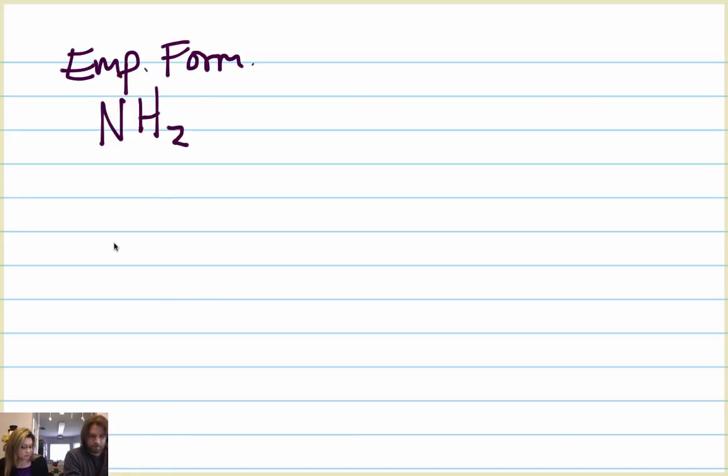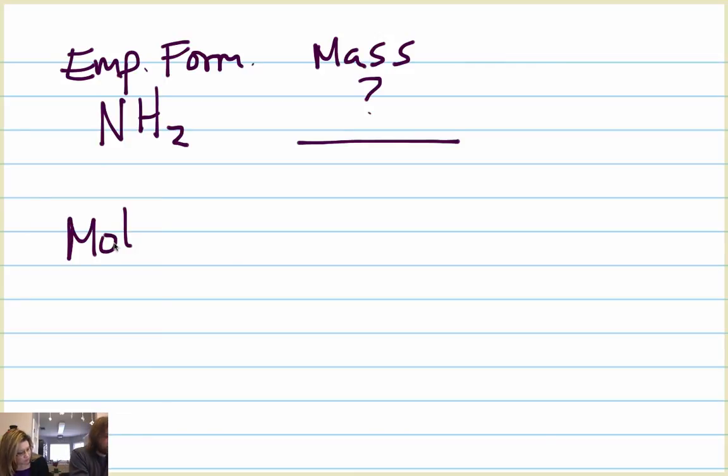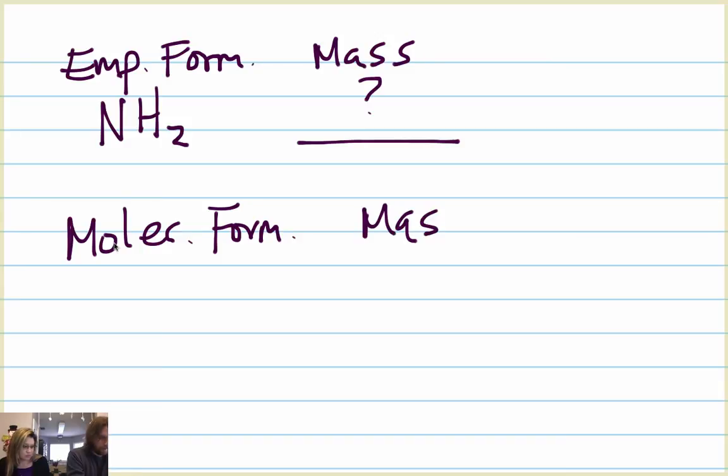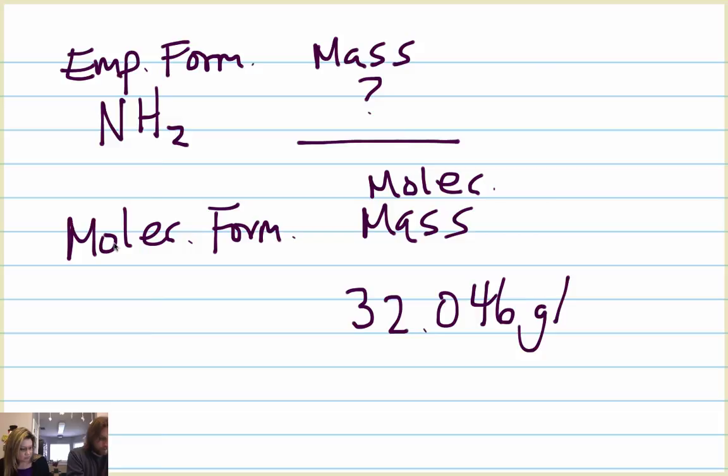And I want to know what is the molecular formula of NH2 if the molecular mass is 32.046